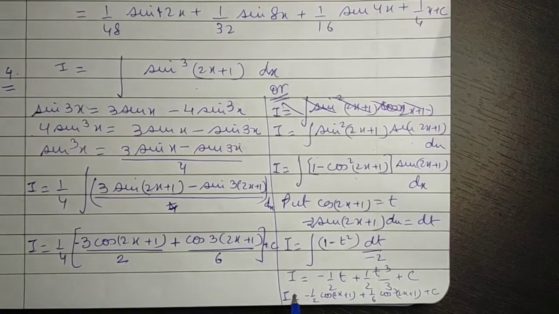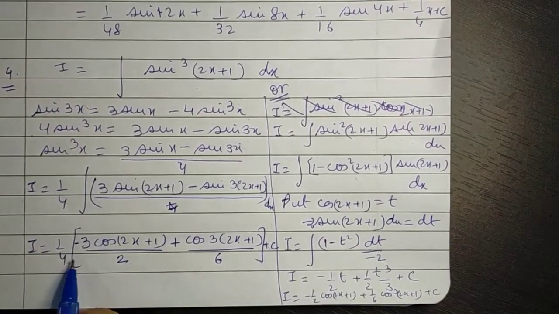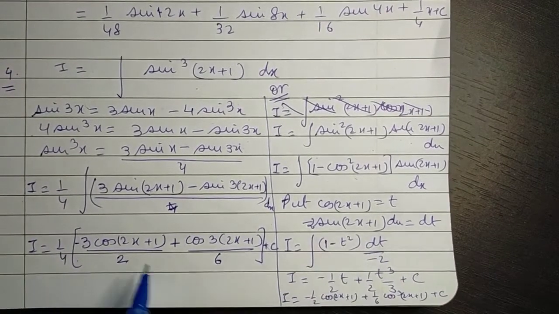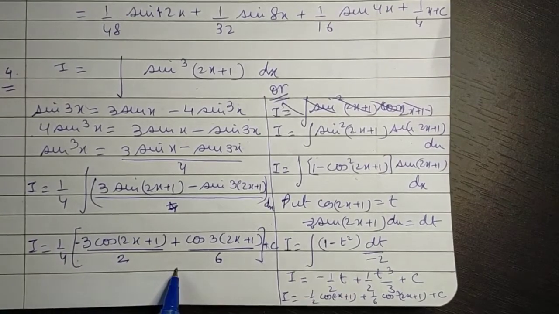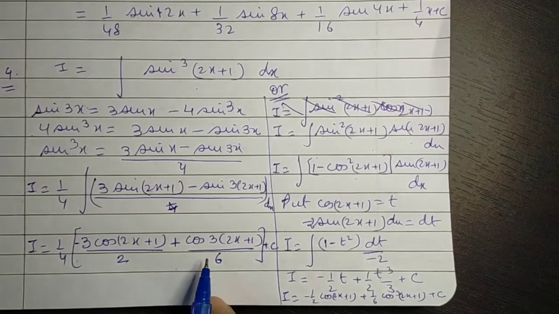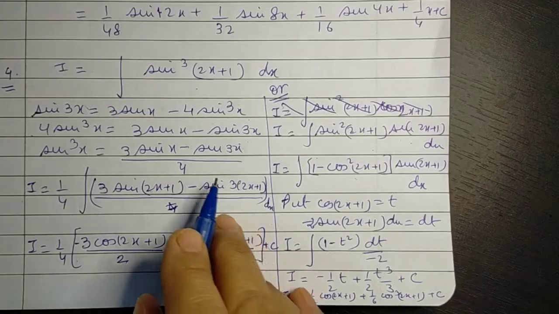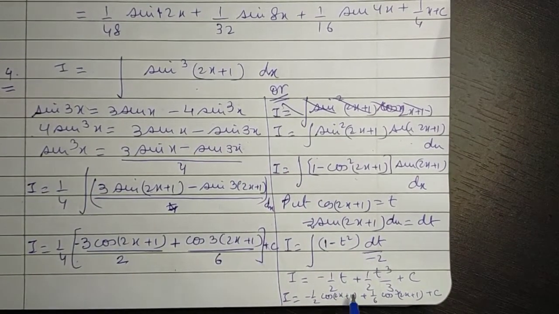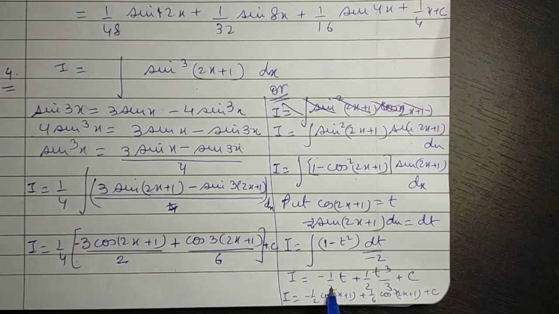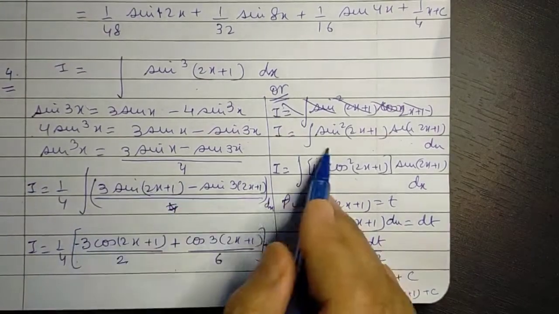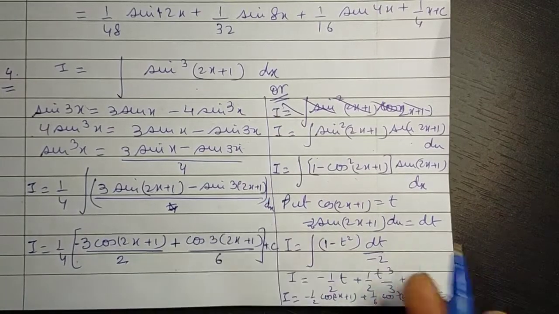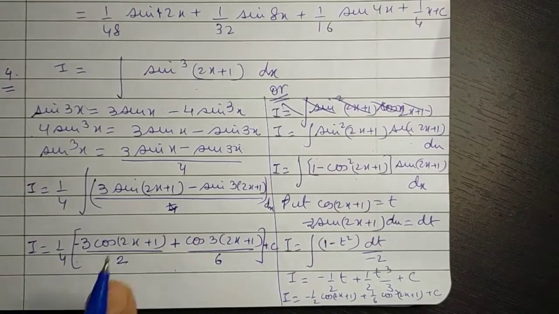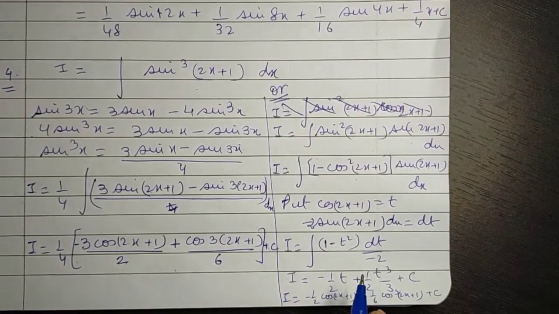As we can clearly see, this form of result and this form of result are two entirely different things, but still both are solutions to the same question. So we don't have to get disturbed as to why we are getting different answers. Either way you can use the result and solve it. Both are acceptable, both are correct.